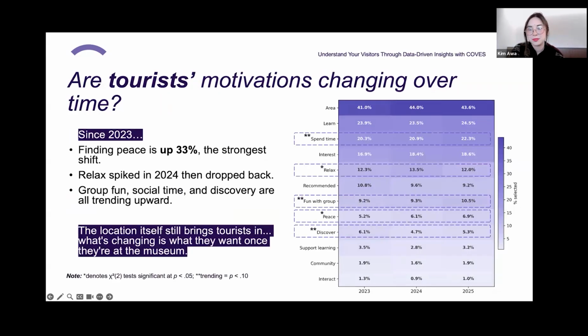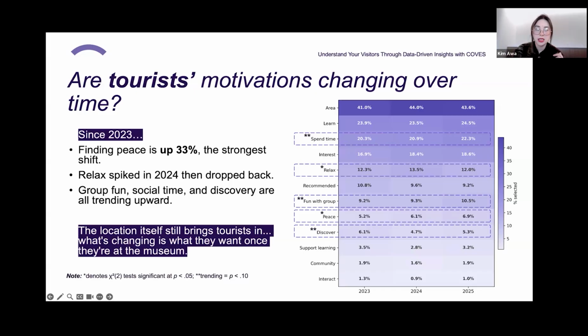So next slide. So similar to the local audiences in the previous slide, this chart is showing the distribution breakdown of these tourist motivations over the past 3 years. And again, this is a descriptive view. So it's helping us visually spot general patterns. But just like before, I also ran an inferential test to see whether any of these changes are meaningful over the past few years. And results show that for tourists, there's a unique emergent pattern compared to locals.